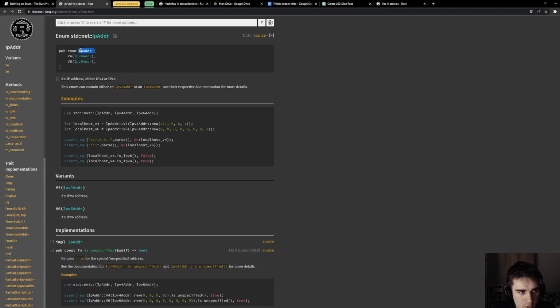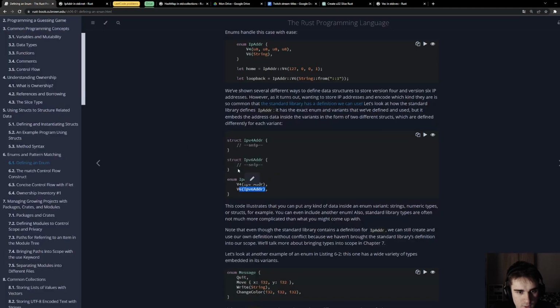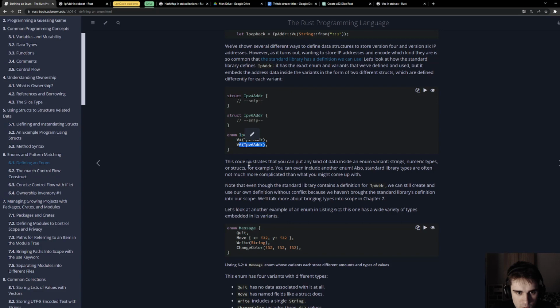Public enum, IP address, v4, v6. This code illustrates that you can put any kind of data inside an enum variant: strings, numeric types, or structs. For example, you can even include another enum.